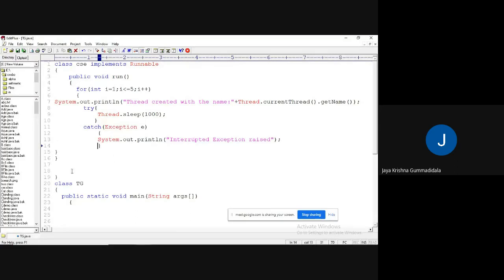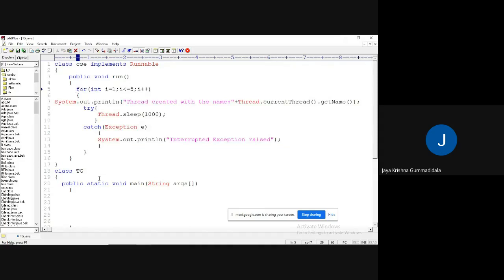Okay, fine. The Runnable interface is implemented. Is the alignment completed? Yes. Whenever a thread is created, automatically this for loop is going to execute and perform its task.